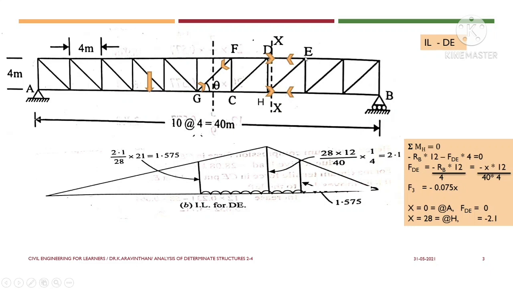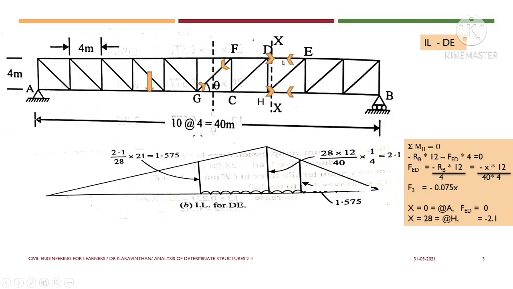Okay, now let us find the member DE. In order to take the moment at DE, let us consider the joint H. If I am considering the joint H, what are the members there? DE, and if I am looking into the right hand side, so this is the section. These two forces are loaded at the joint D, and this is loaded at the joint H. This member is joined at E. Okay, and while taking the moment at point H, when taking the right hand side, you have a force here, starting at E and ending at D.